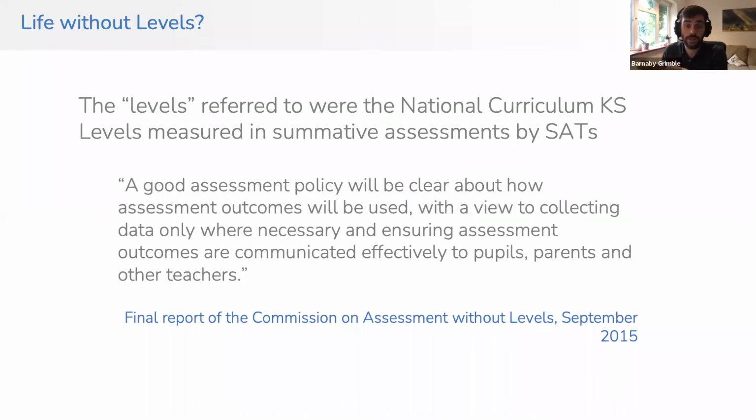Back in 2015, the DFE put together a report called Assessment Without Levels. This, I would say, wins a prize for one of the worst named reports ever, because a large number of teachers misunderstood that and felt that the new Key Stage 3 needed to not have levels. Whereas when they were referring to the word levels, you can see it's got a capital L in their documents,